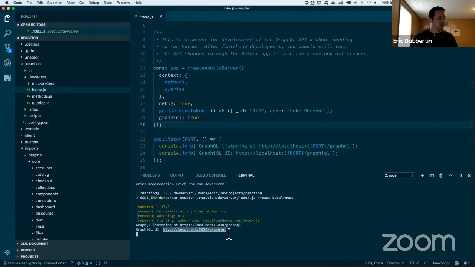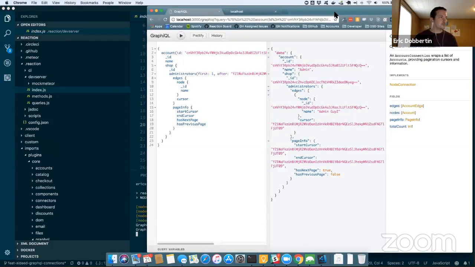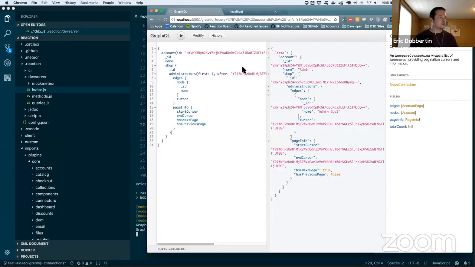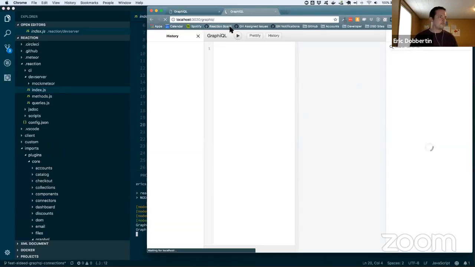As you can see here, it listens and serves GraphQL on 3030, which I believe I have up here in the other tab. So this is the same thing.